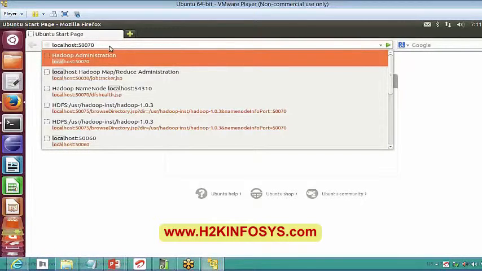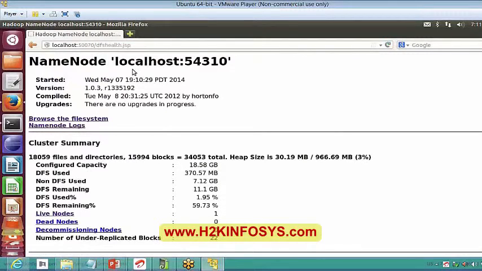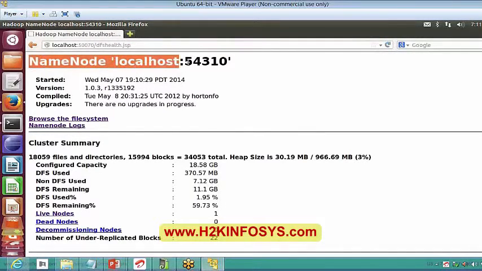So the default port is 50070 for checking the name node, right? I had shown you in the PPT. So this is the site I am going to connect to and check my name node status. This is how it's showing. The name node is connected to localhost 54310, where this port I had given in which site.xml?